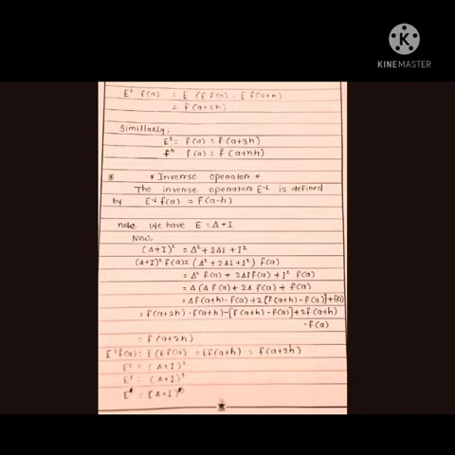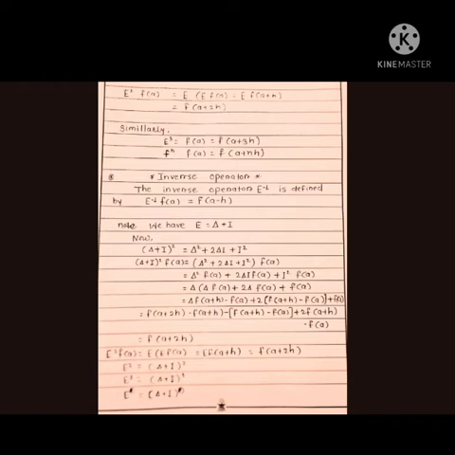Note, we have E = delta + I. Now, (delta + I) squared = delta squared + 2 delta I + I squared. (delta + I) squared f(a) = (delta squared + 2 delta I + I squared) f(a) = delta squared f(a) + 2 delta I f(a) + I squared f(a)